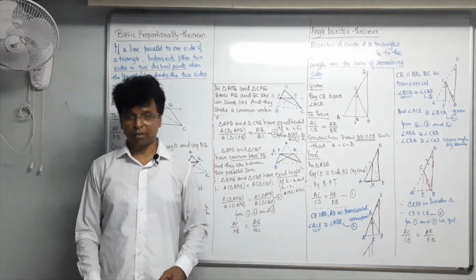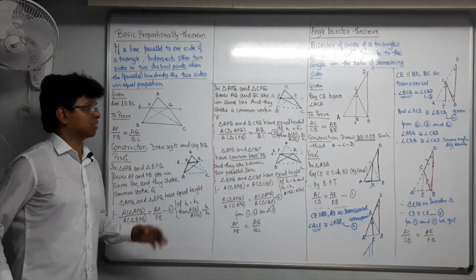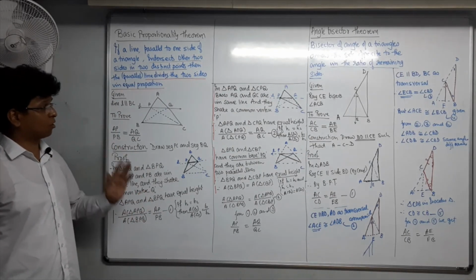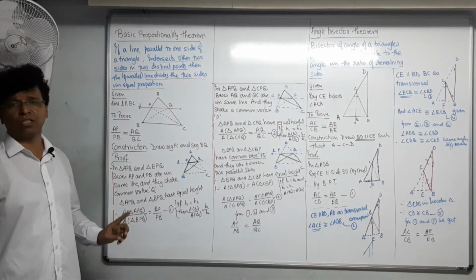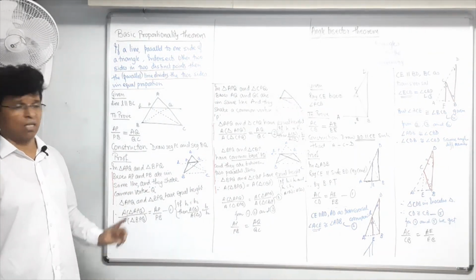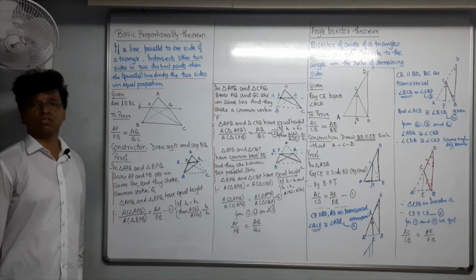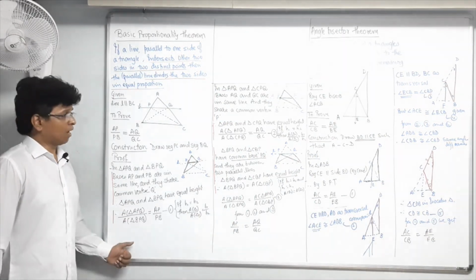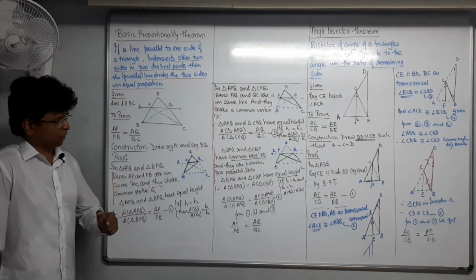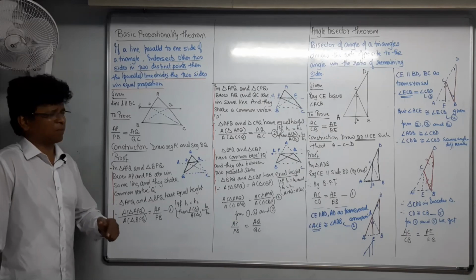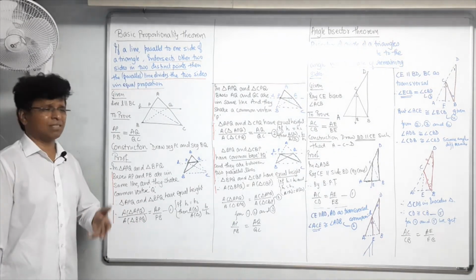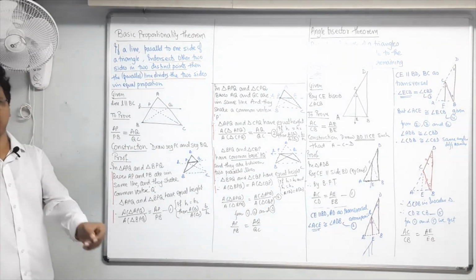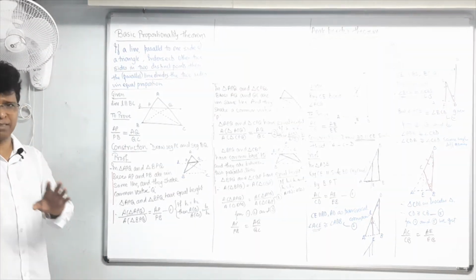I think I have already taken a lot of your time now, but this needed that type of explanation. That's why it took so much time. Master this theorem. Today's lecture is a very important lecture, my dear students. Master these theorems. And once we have understood, of course, one more I wanted to explain to you, intercepts made by parallel lines, but that is very easy. Now there is no space. It can be explained even when we are doing the problems based on that. It is not a very difficult theorem at all.